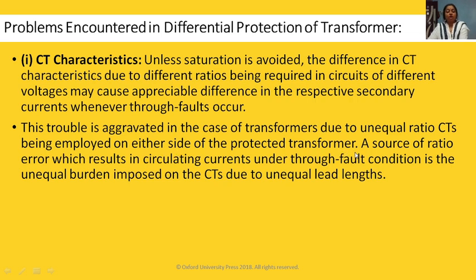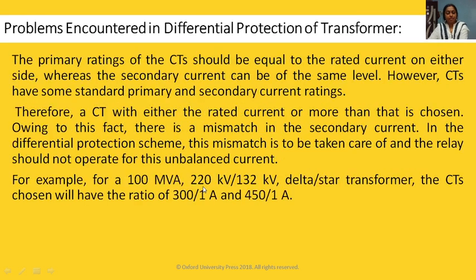A source of ratio error which results in circulating current under through fault condition is the unequal burden imposed on the CT due to unequal lead lengths. As we are using two CTs, we cannot have two identical CTs.